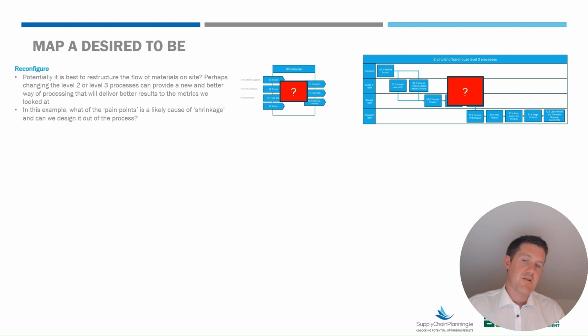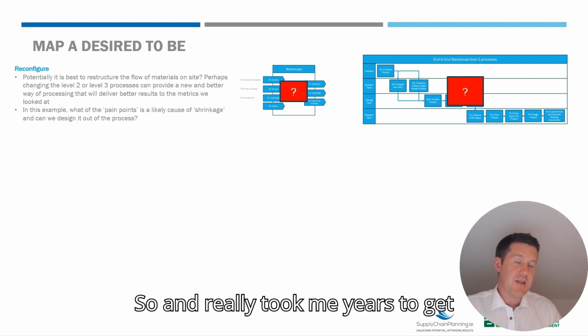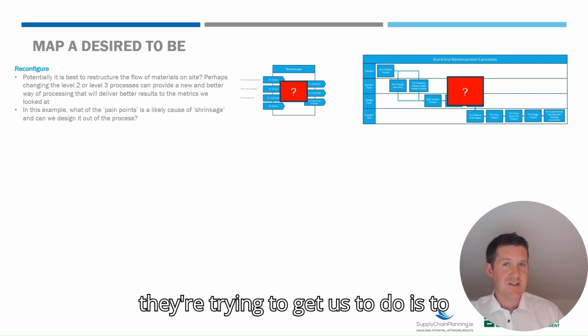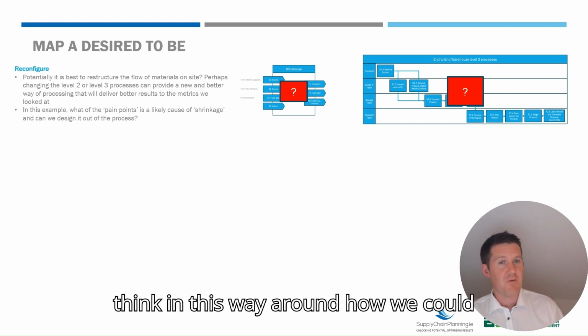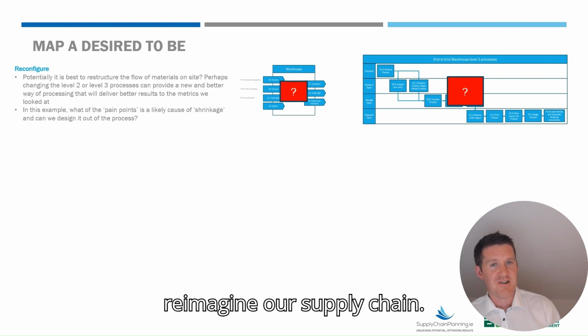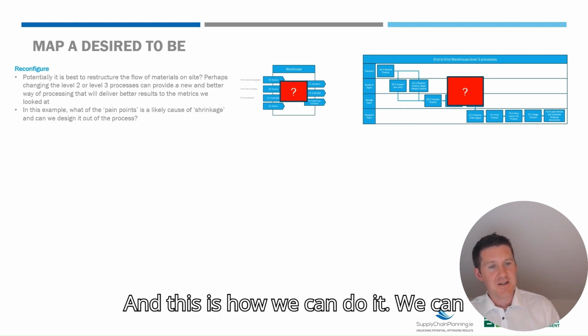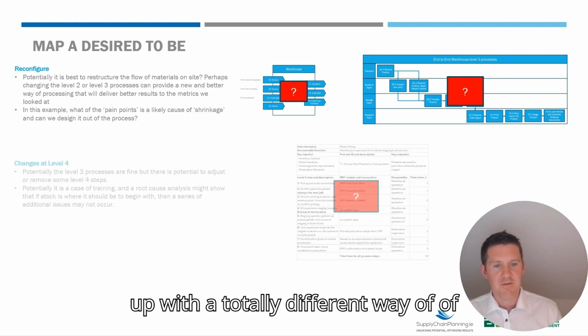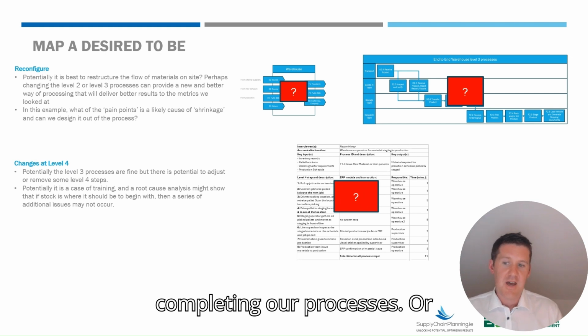forever. So, and really took me years to get this point from ASCM. Is really what they're trying to get us to do is to think in this way around how we could reimagine our supply chain. And this is how we can do it. We can structure the pieces differently, and come up with a totally different way of completing our processes. Or